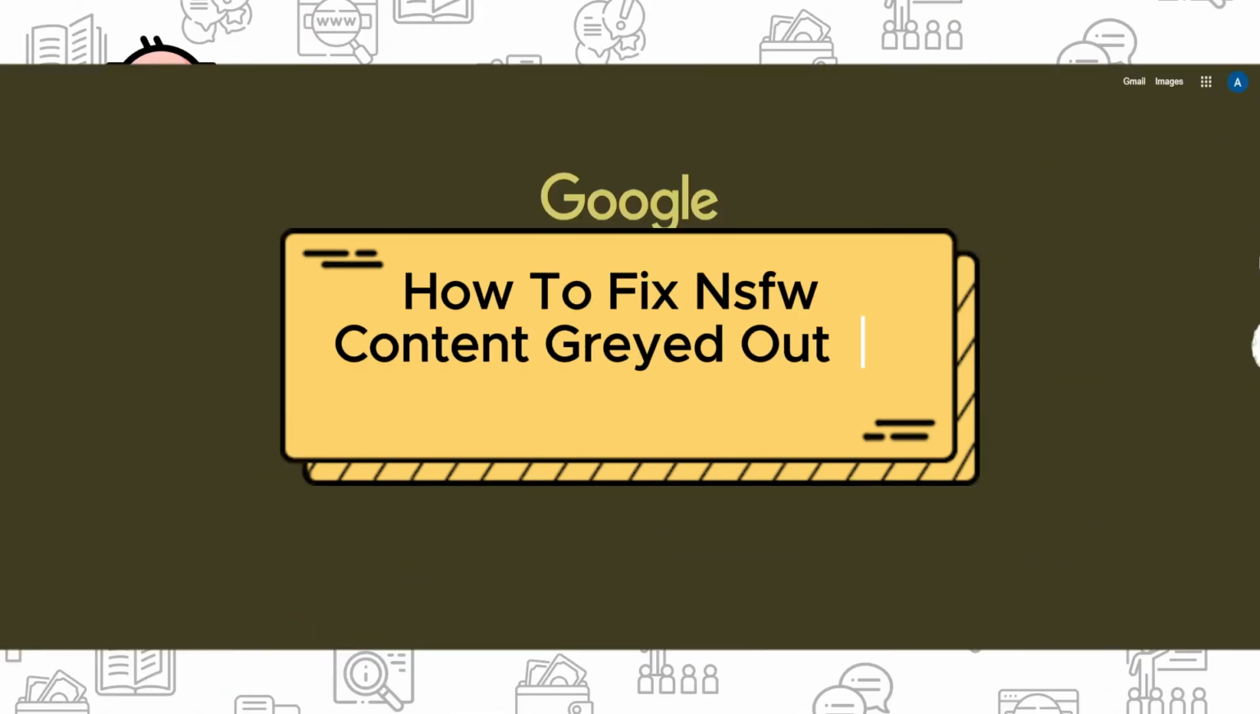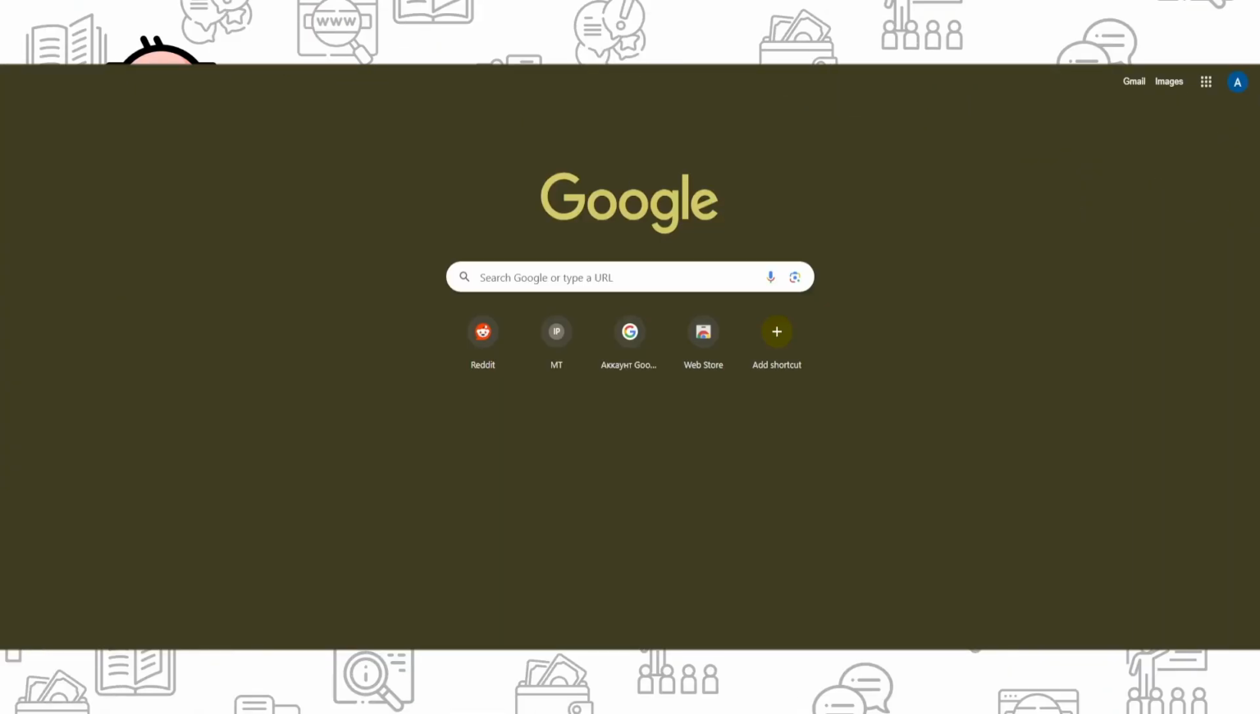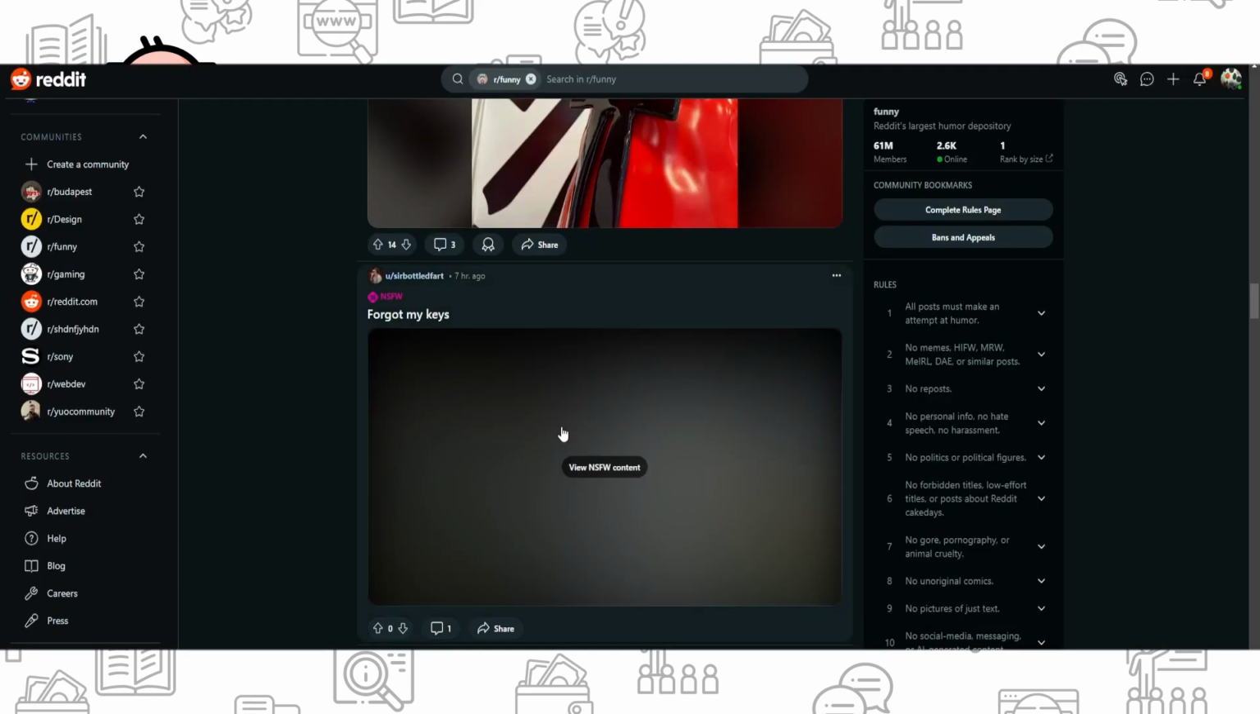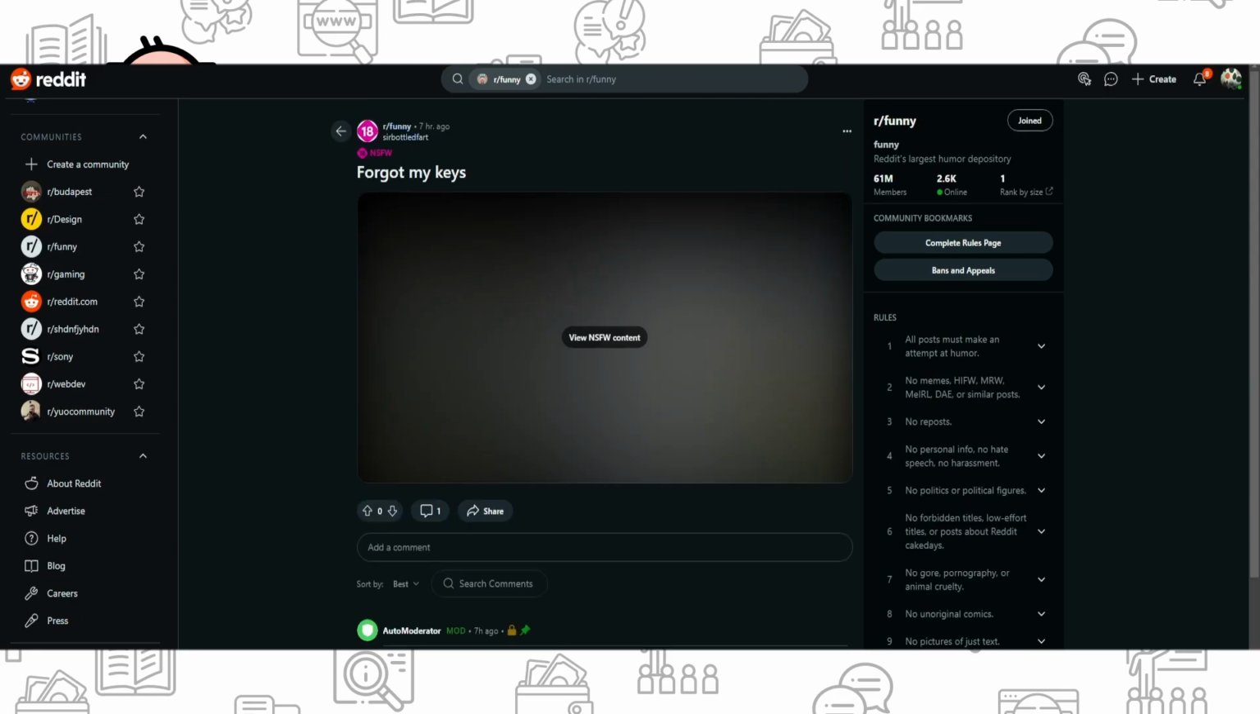Hi everyone, and if you want to know how to fix not safe for view content grid on Reddit, you've come to the right place. So, for example, as you can see, this content is grid, and how I'm gonna fix it. For example, I will copy this link, it will need us in the future, and what we need to